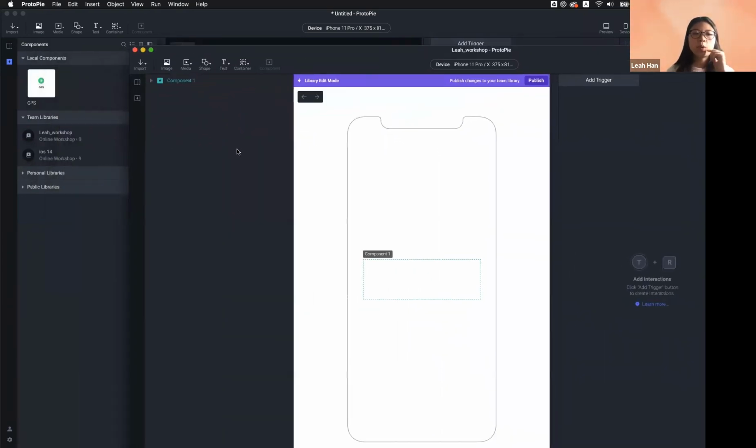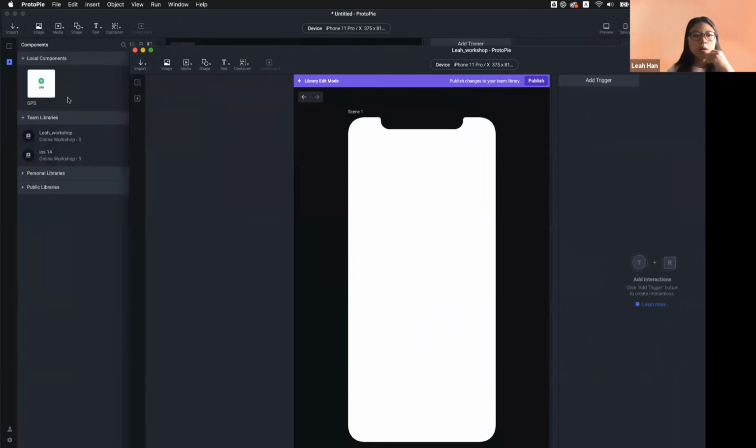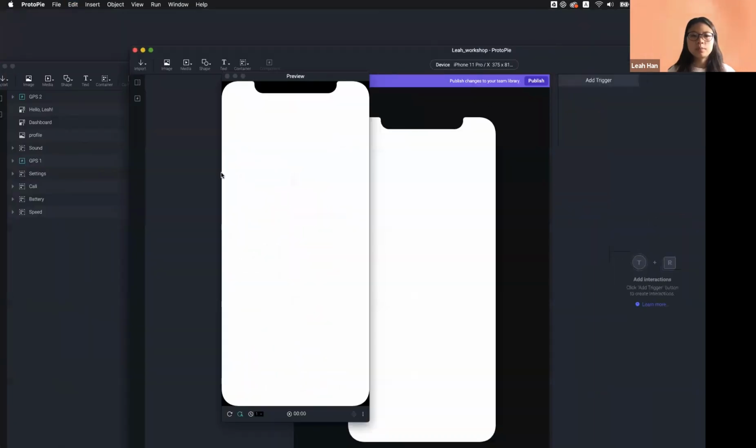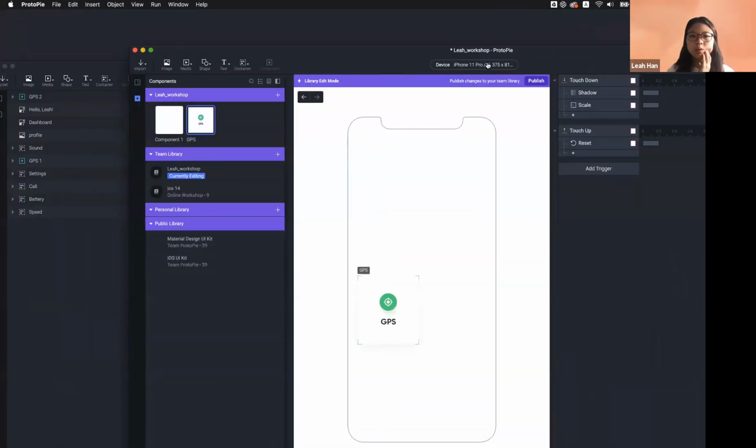When you add components to it, you can create them here directly, or you can copy the components in your PI file and paste them to your team